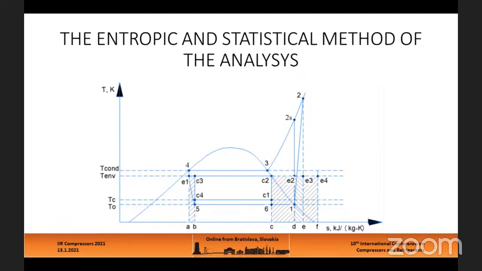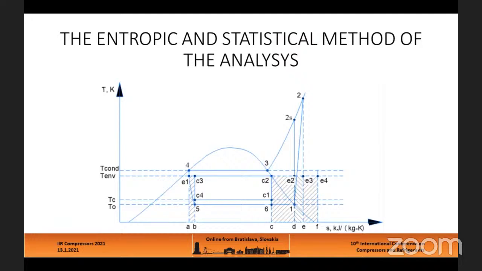The real cycle is expressed by the area 1, 2, 3, 4, 5, 6. The work necessary for entropy production compensation in the compressor is expressed by area D, E,